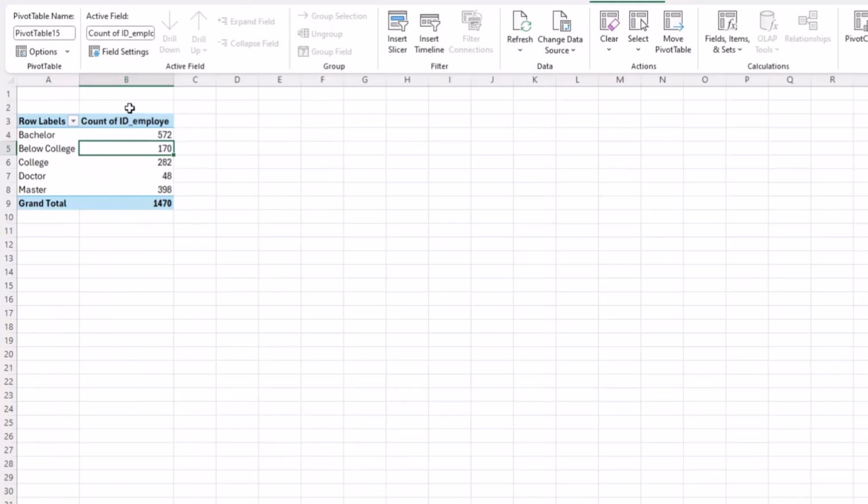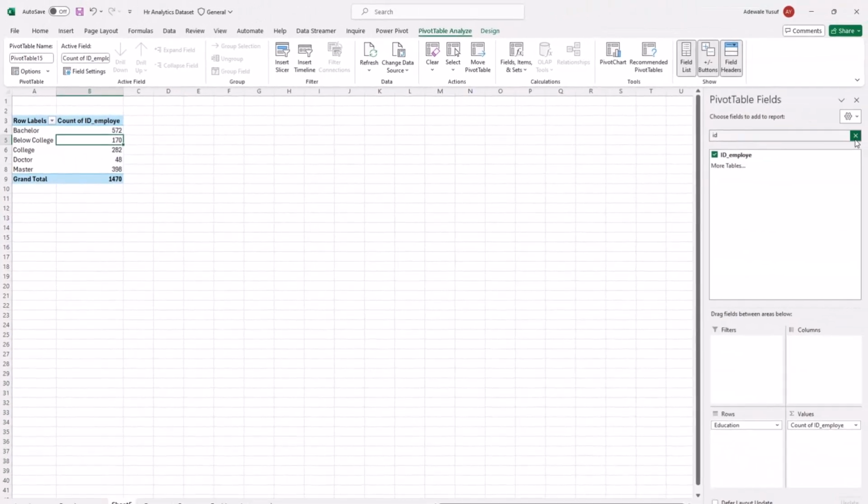But basically, this is not what I really need, because I also want to count the employee when there's a condition in my calculation now. So I want to count the employee when the attrition is no, right? Those are the employees that I know that are still working with us, because attrition simply means people have left. So if the attrition is no, then that means the employee is still with us. If the attrition is yes, that means the employee has been terminated. So we need to calculate all of those.